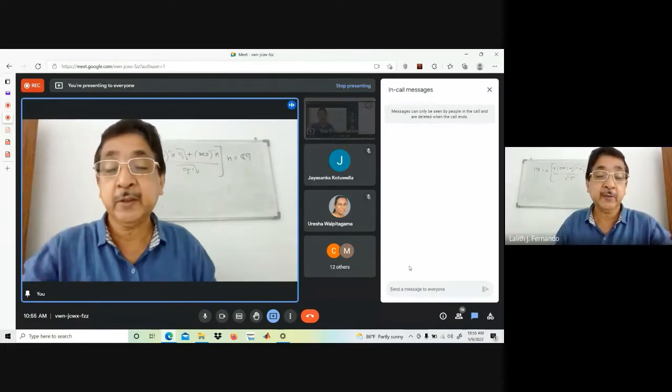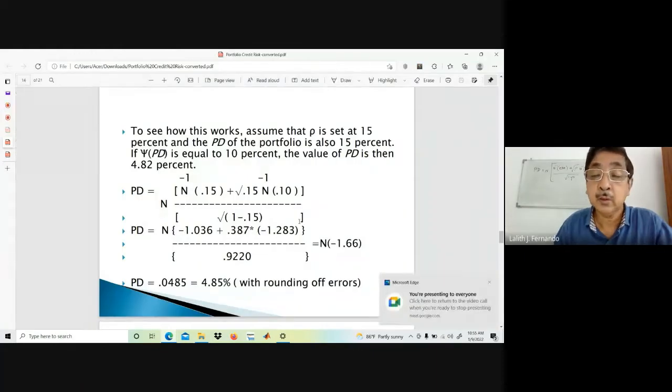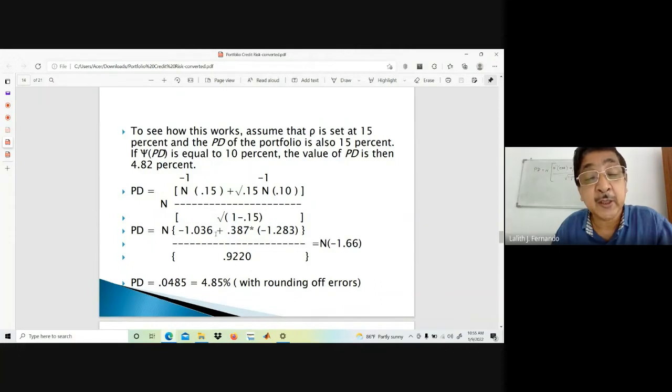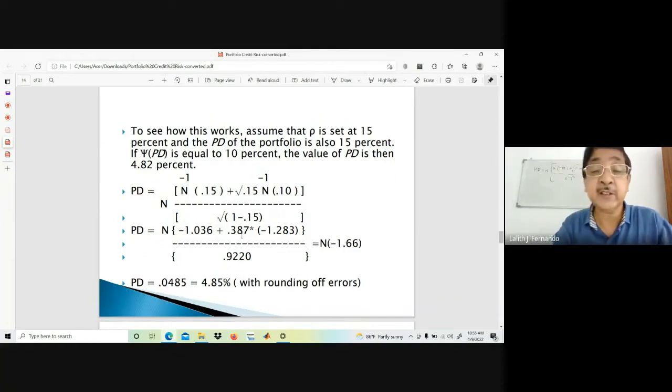So then we can just find out the value. Right, now it is minus 1.036. I have put it as 06 since the other decimal is 4, no? So therefore I just put it as 1.036. Then the square root of 0.15 is taken as 0.387. That is correct, no? Then again you get another value, N to the power minus 1.10.